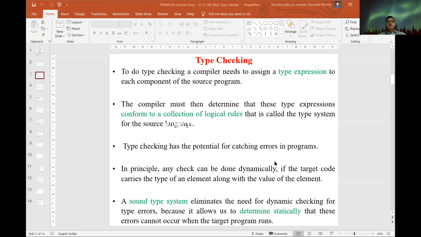So we need to identify such a sound type system. It contains all required logical collection of semantic rules so that it can be handled statically, at compilation time itself, and it may not occur at target program execution time.